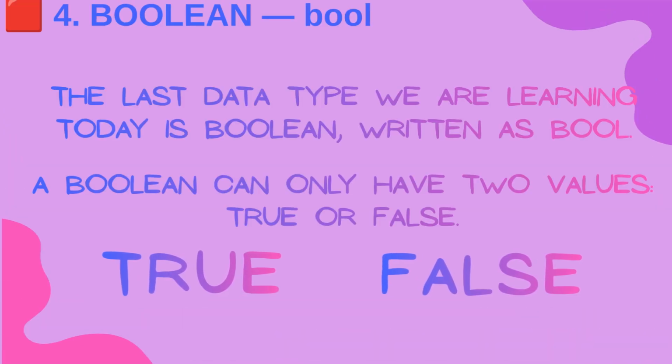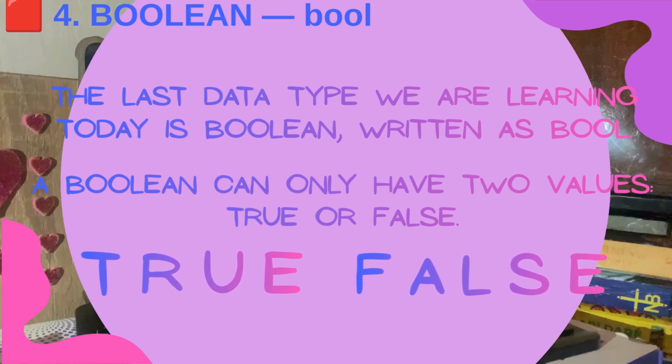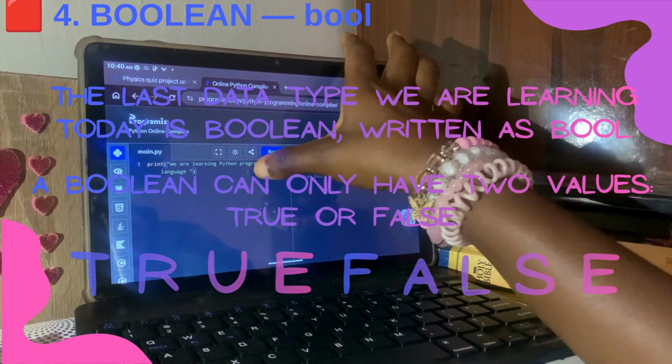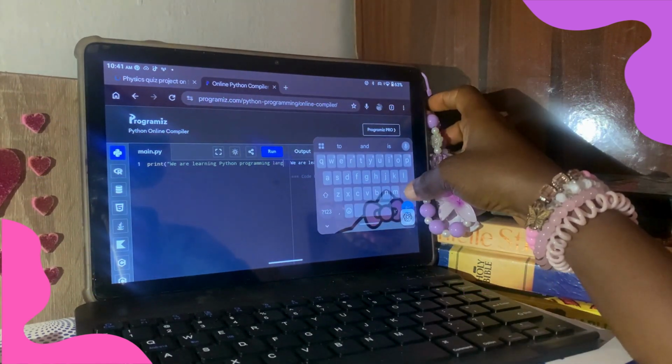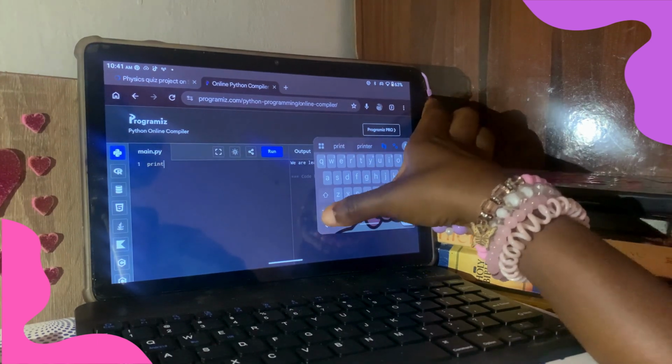The last data type we are learning today is boolean, written as bool. A boolean can only have two values, true or false. To print a boolean, write print, open a bracket,